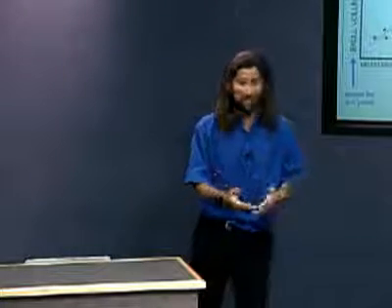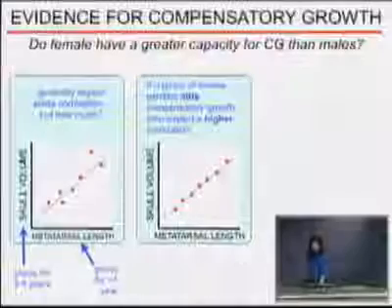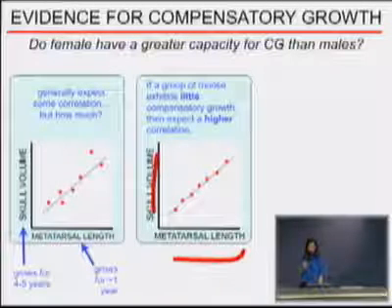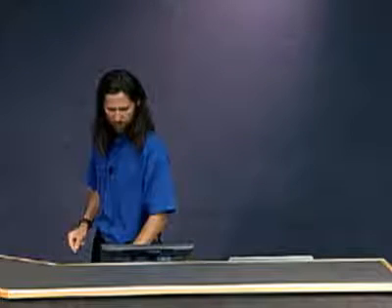But you can take a group of moose of all the same kind, like say males, and ask, is this group of moose, as a group, did they tend to exhibit compensatory growth more or less than some other group of moose, say a moose of the opposite sex? Here's how we would do that, is that if a group of moose exhibits little compensatory growth, then we would expect the correlation between metatarsal length and skull volume to be really high, a very high correlation. In other words, metatarsal length would be a very good predictor of skull volume,